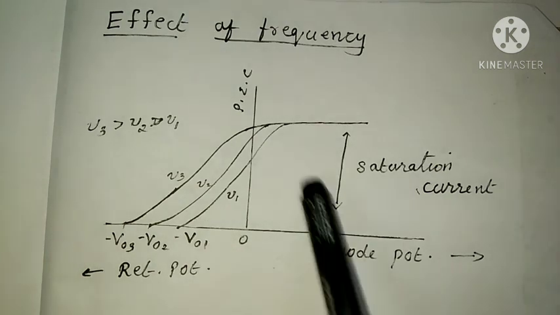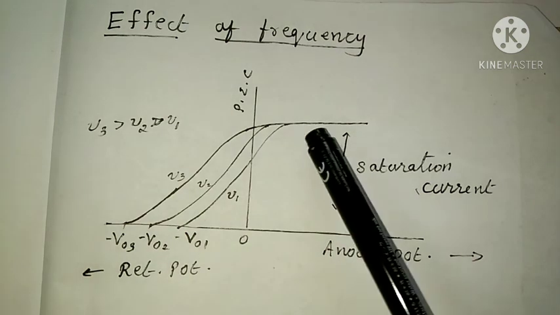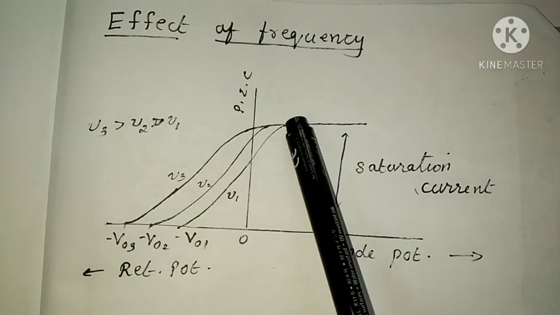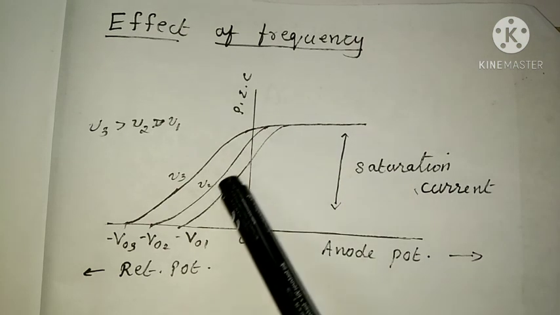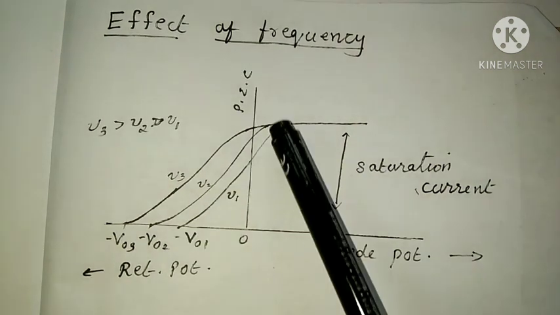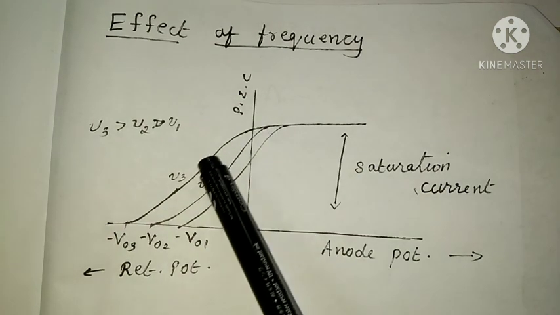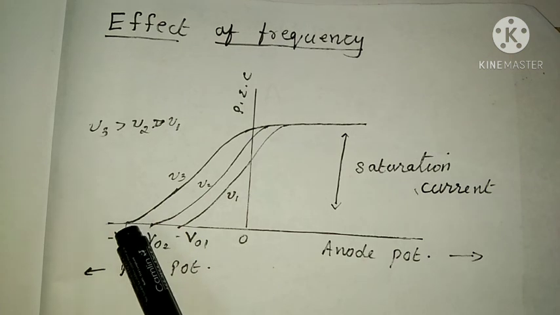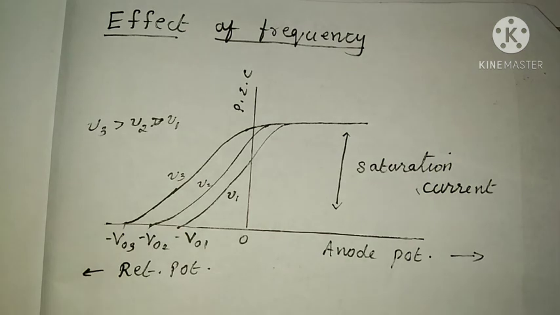Clear? And this is the graphical representation of the effect of frequency on photocurrent. Here, for each frequency the saturation current is the same. When you increase the frequency, for the new one we can draw the stopping potential, the graphical representation, like this. When you change to nu2, the graph is like this, and when you change the frequency to nu3, the graph is like this. So this is the graphical representation of the effect of frequency on photocurrent. All these three graphs are very important from the examination point of view.